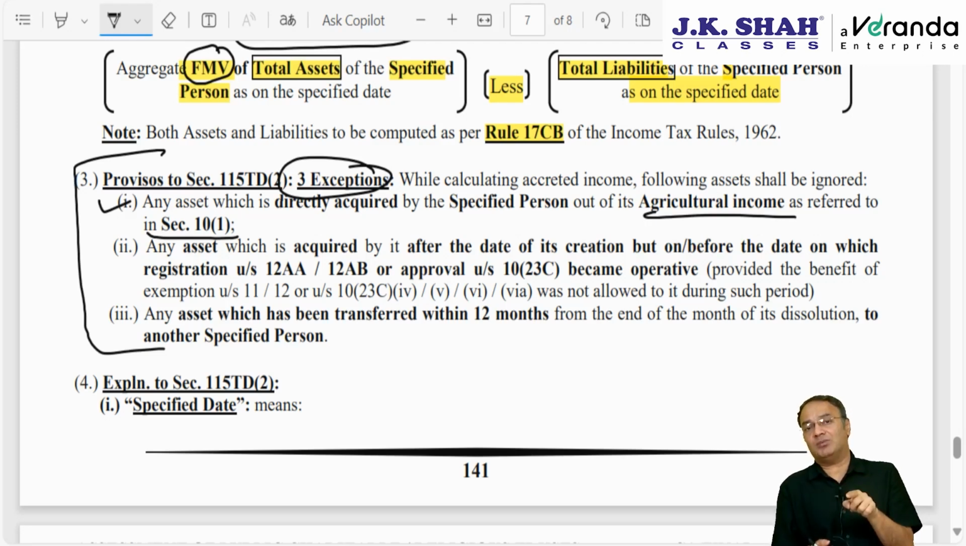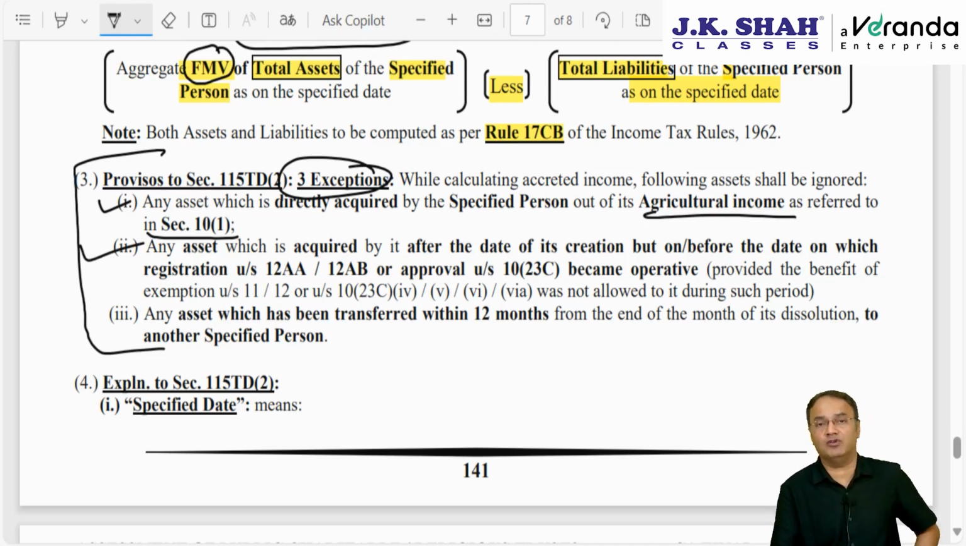10(1) would have been allowable in the past even if it was not a charitable trust or public trust. Then also, exemption under 10(1) would have been allowable. Therefore, an asset directly acquired out of agricultural income which was exempted under 10(1) will not be taxed now, will be excluded. Any asset which was acquired after the date of creation of the trust or establishment of the trust, but